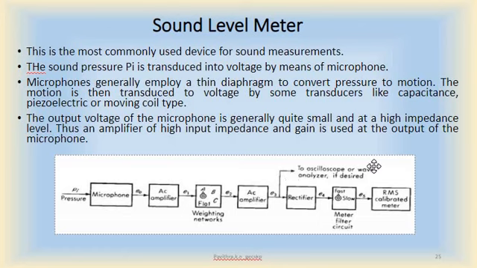Through an oscilloscope or some other wave analyzer, we can also analyze the wave. Depending upon the reading from the oscilloscope, we can determine the input pressure or the input sound. So this is the working of a sound level meter or microphone. That is all about sound measurement, and one or two other sound measurement devices are given in your textbook, so please go through that also. Thank you.